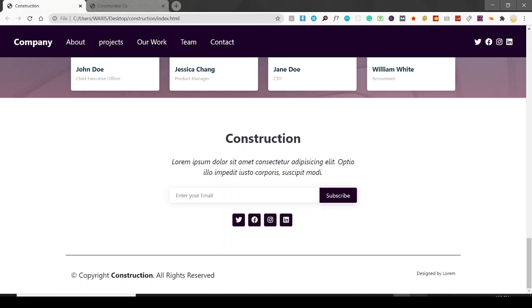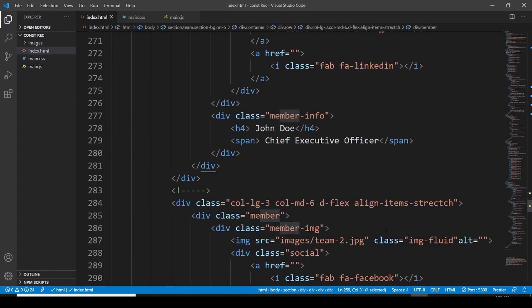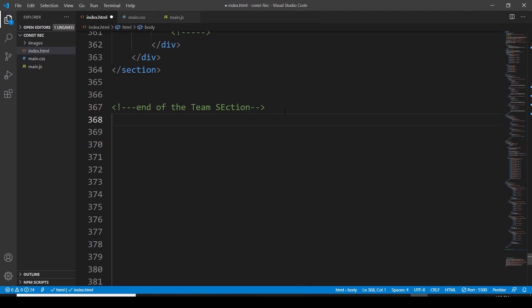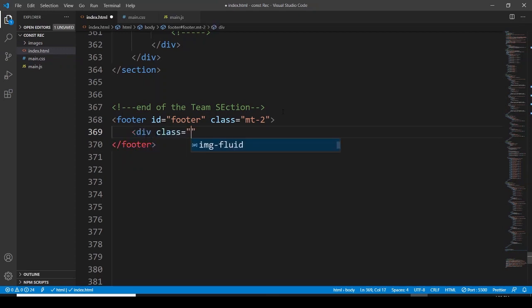So let's work with the footer section, index.html. I don't want to go with the comments. Let's go with the footer element, assigning it an ID. This ID is going to be footer, and let's have a class here. This class is going to be margin top 2. Let's have a division here, assigning it a class, footer top. Again, division, class, container,